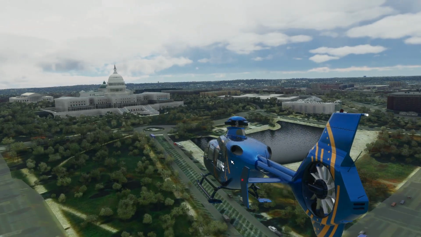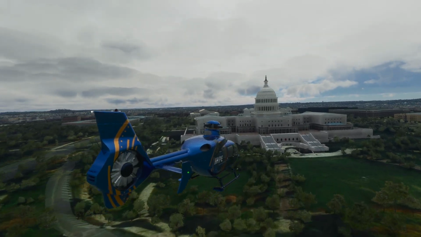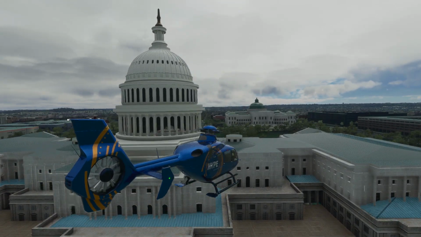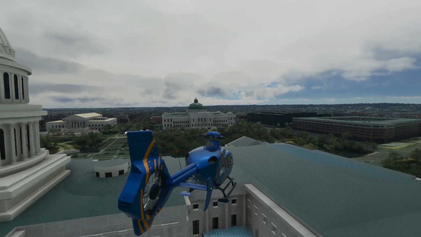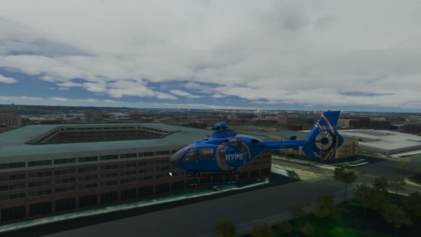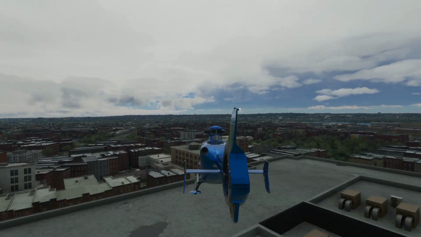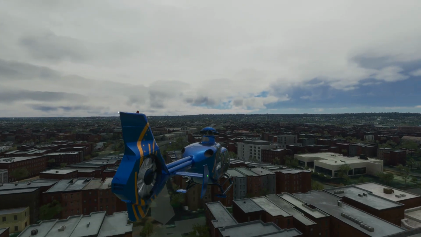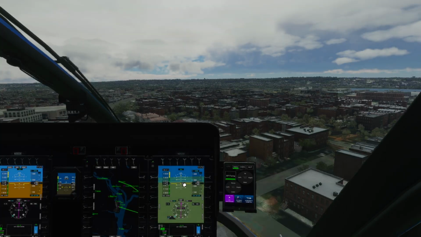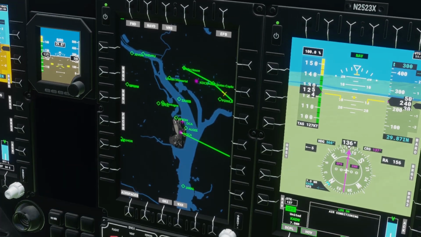I'm fairly certain autopilot's new. I don't remember an autopilot being in the old version. I just didn't notice it. National Capital, of course. I believe that is the Smithsonian Museum. Either that or the one we're overflying now. So let's head back in the cockpit, see where we're heading next. Oh, it's not...